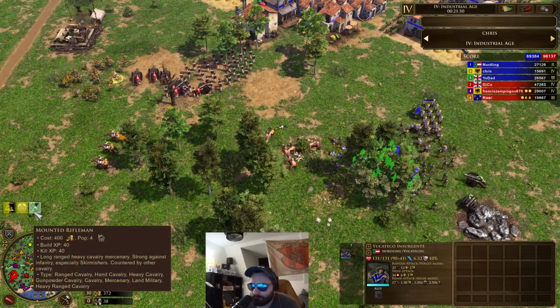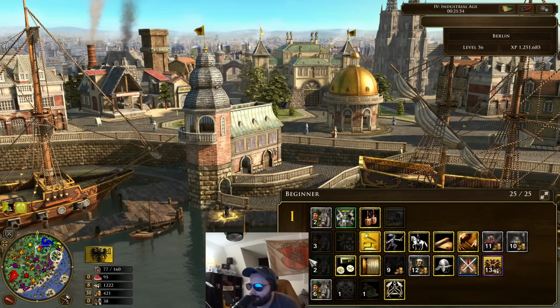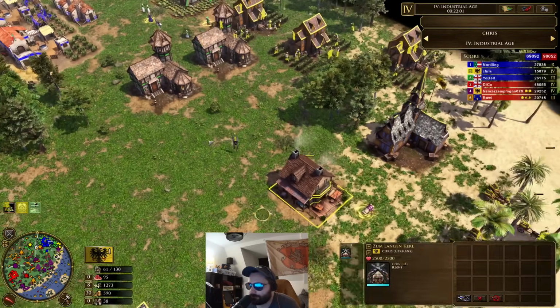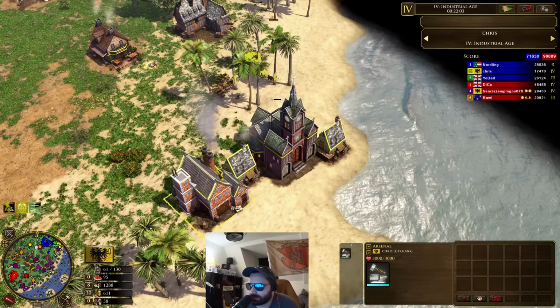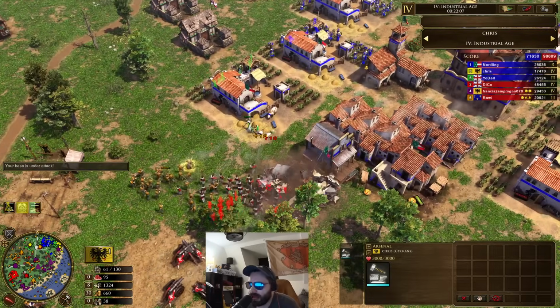Chris making some mounted riflemen. Interesting. So this is the guy that's making lots of mercs. Ship both his factories. Not a lot else, though. Where's he making that from? Okay, getting mercantilism. Okay, so needs something to happen now because...